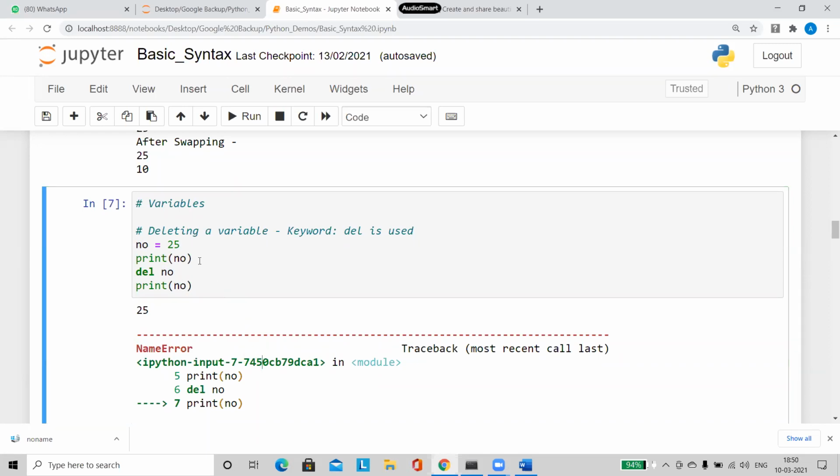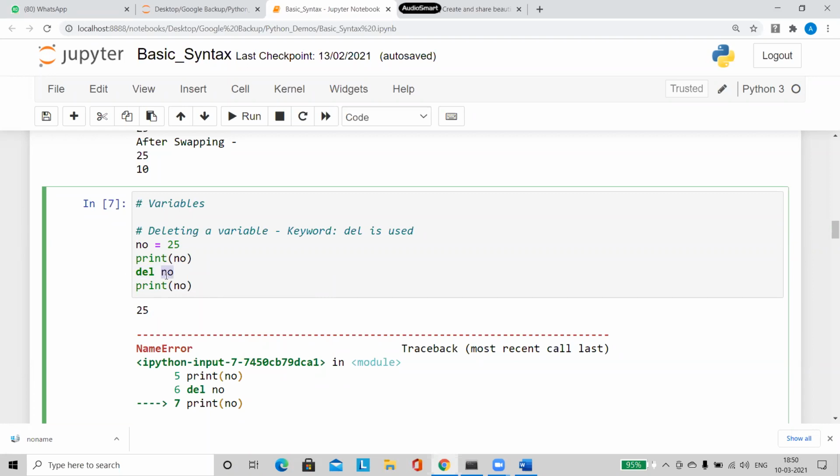So remember this very carefully. When you create a variable, memory space will be created. Inside the memory space, this value is going to be stored. So you can make use of that variable in your program anywhere you want. Once you are going to finish your program, we will be deleting the variable. That is deallocation of the memory space. Whatever memory has been given to me, I am giving it back to my system. I'm saying I no longer require it. So I'm going to make use of the keyword del, one space followed by the variable name.